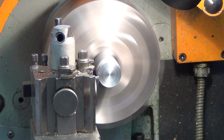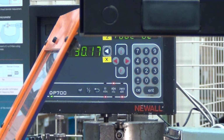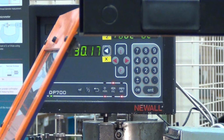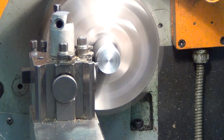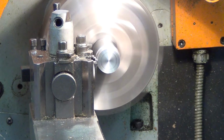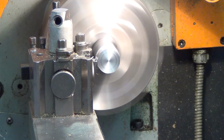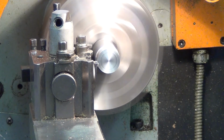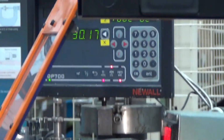Okay, first cut. And we'll go in a little bit more. There we go. So we're in to within 0.2 millimeters of the desired diameter, i.e. within 0.1 millimeters of the next cut thickness, cut depth. I'll wind along there by hand as steadily as possible. It is still called roughing down, but you want to be as smooth as you can. And then finally we will go to the right size,